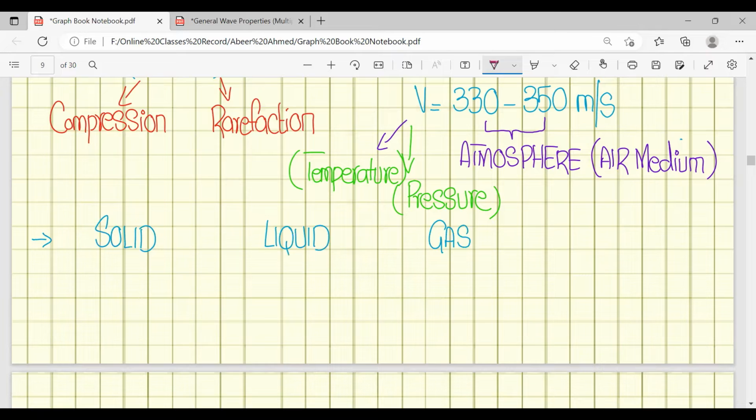Now let's try to rate these states of matter or mediums with reference to the speed of sound. In which medium do you think the speed of sound is going to be the greatest? Gas. Okay, you say gas, like you are saying in air, right? So you give 3 stars to the gas. And if we discuss the 2 stars rating,